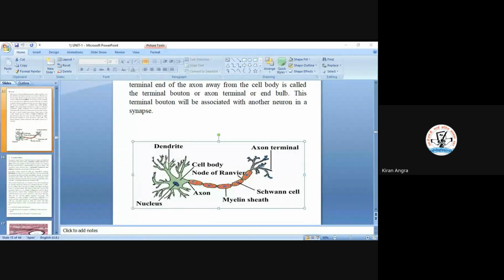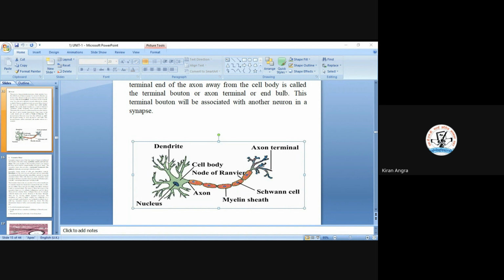You just see a projection of the protoplasm, and this is the dendrites. They have the receptive area, like when your hand touches some hot thing, the dendrites will receive the heat,